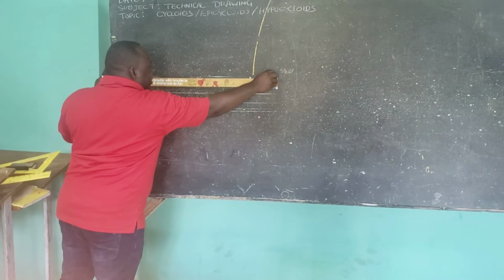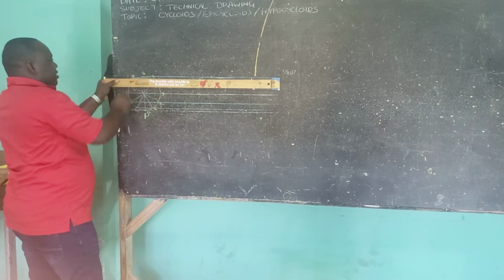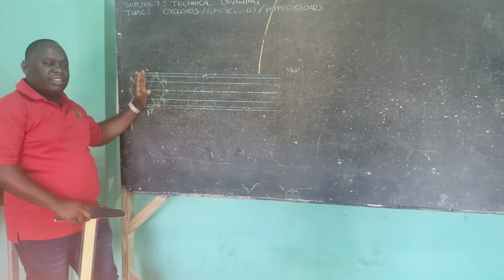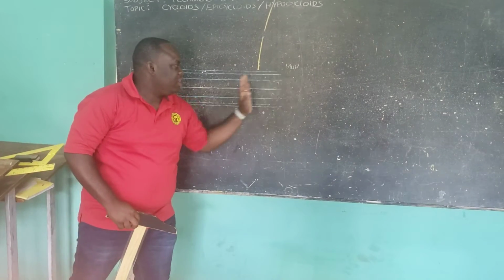And then 6, we know 6 will have its line. So you notice that this is the path that this wheel or this circle is going to be traversing